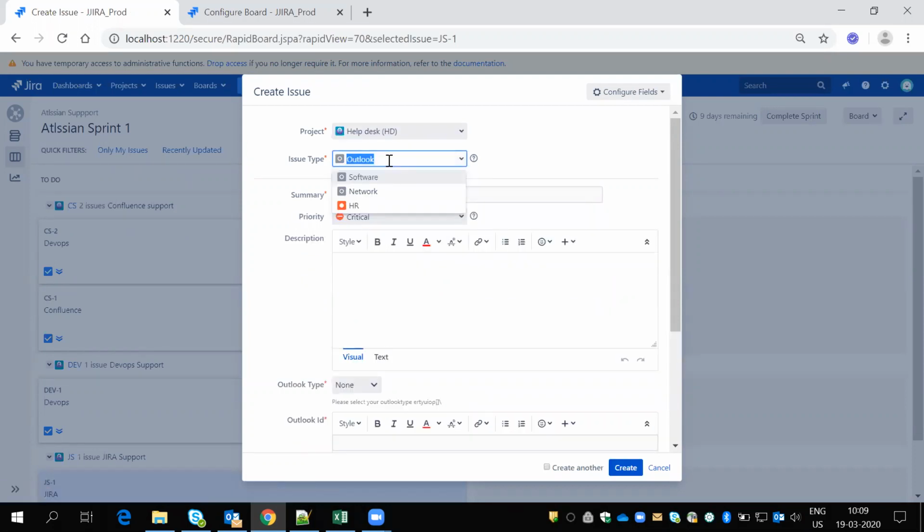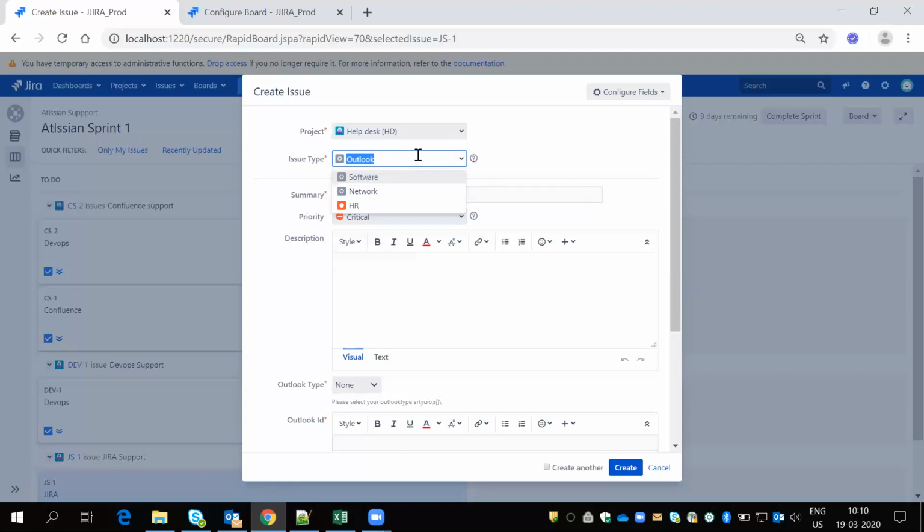If I create any ticket here, like Outlook, the software people are also able to see it, and the network people are also able to see this Outlook ticket. So I'll write a filter: project is equal to help desk, and issue type is equal to Outlook. Based on that, I'll create one board. And the next board I'll create with project is equal to help desk and issue type is equal to software. I'll create four different ones for different purposes.